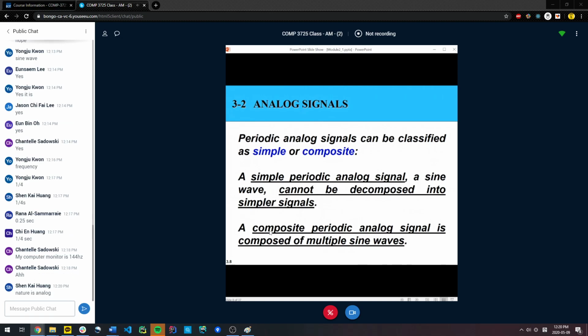Exactly. So Shankai is absolutely right. The world we live in is effectively completely analog. I'll give you an example. Can you try to blink your eyes in a discrete fashion so it's either open or closed? Is it possible to achieve that? No, exactly. Can you imagine driving on square wheels? Let's assume your car was installed with wheels that are not round but square. Would that be a comfortable ride, Yongju? No, but have you tried? I mean, you could try.